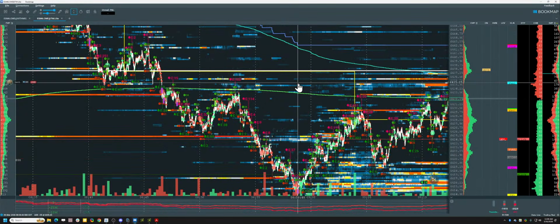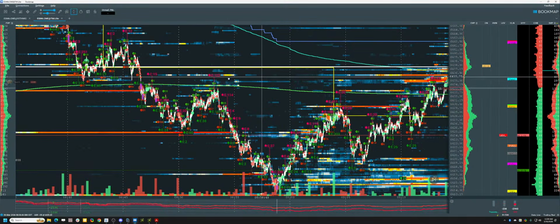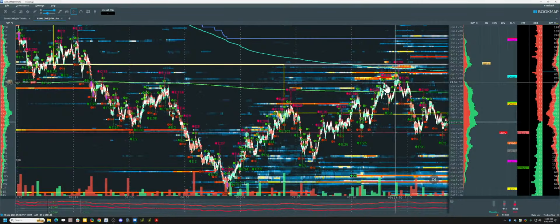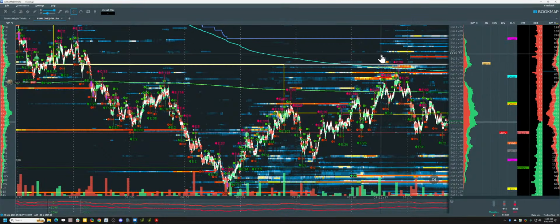And we had Powell, I think, at 9:30 a.m. my time, Central Time. So this is a short. Well, let's look at it. So for me, I took this, and my stop is out here. And the reason I'm taking this is because of this. Not because of VWAP or any of this. That's not important to me. I mean, it is in the sense of we have structured trades, VWAP to VPOC, but what dominates for me is the auction, because the auction tells you where too high is.